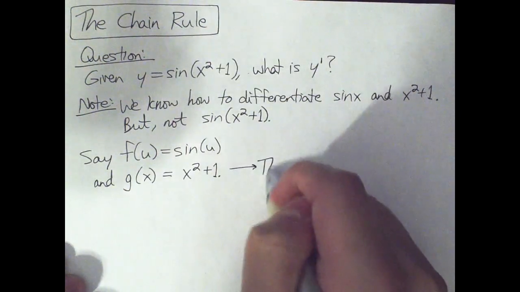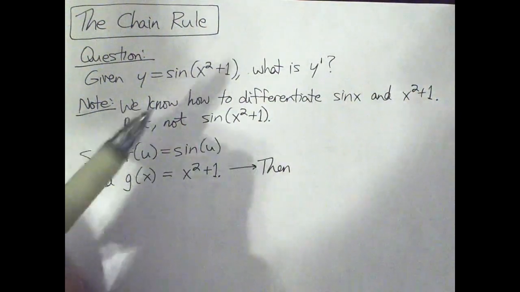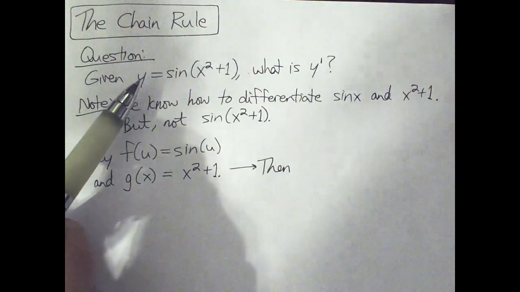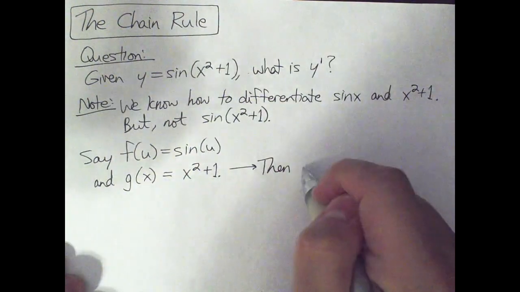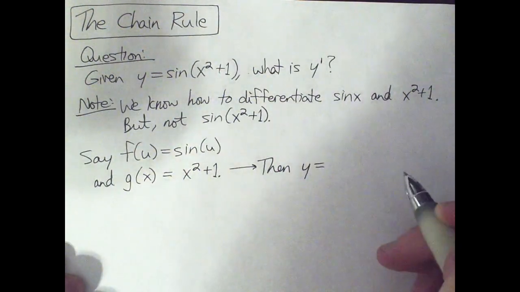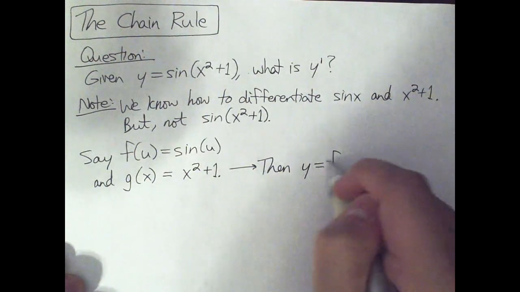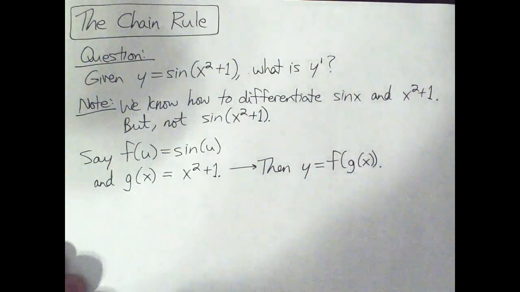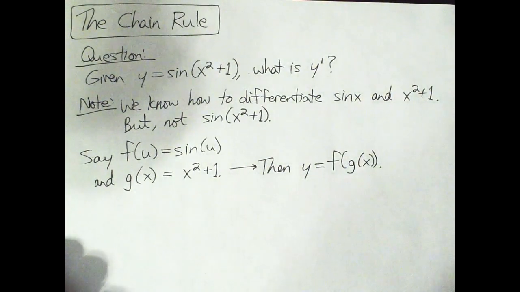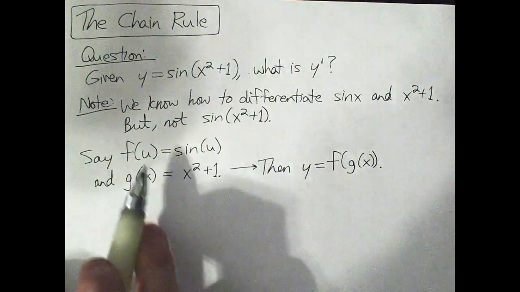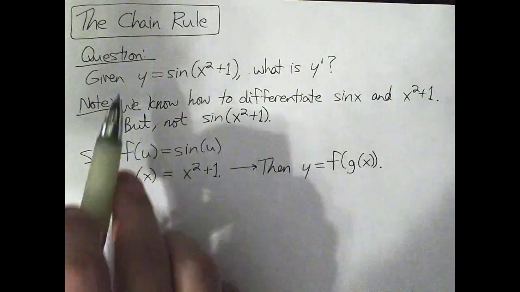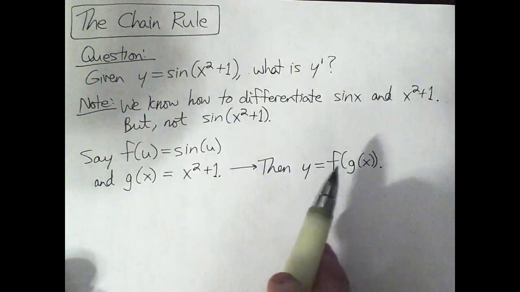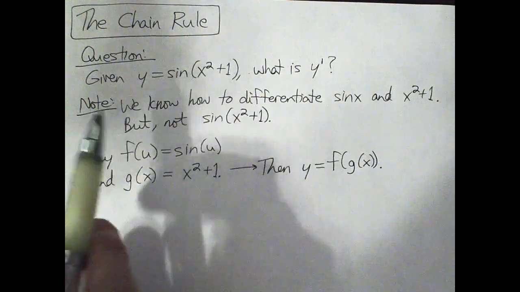If I do that, then the function y that we were given up above is equal to f of g of x. I set up f and I set up g so that the function we're interested in is f of g of x, sine of